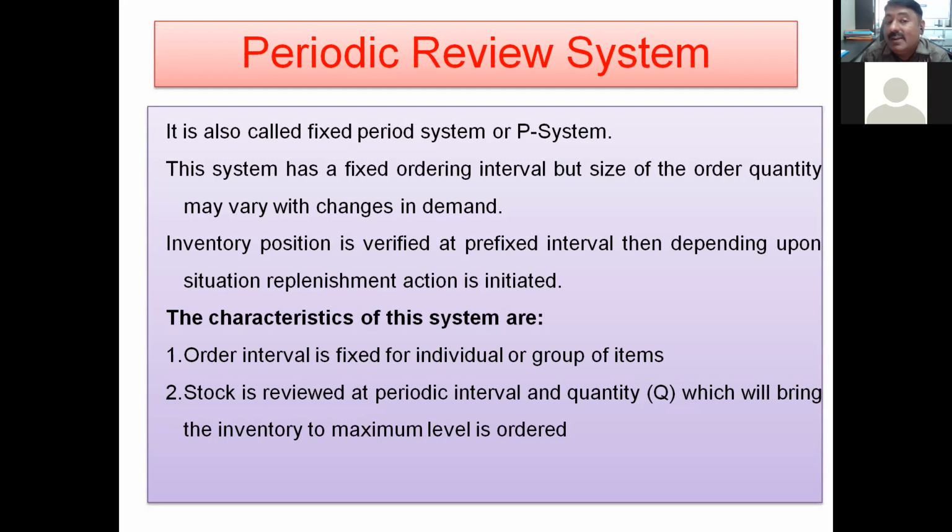So what will you demand? You have to go for a quantity of 600. So in the month of January, you placed the order for 500 carbide tips or tools, and in the next month you will go for 600. The month is fixed, the duration is fixed. After that, you will analyze what is available and what is required to make it full, and you will order only up to that.